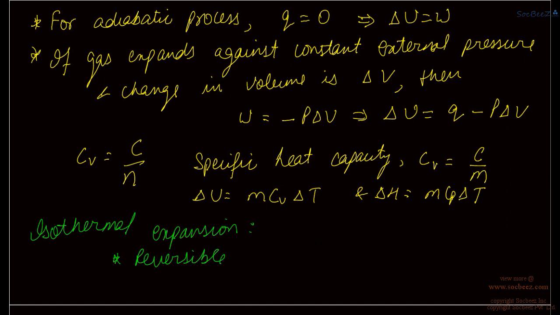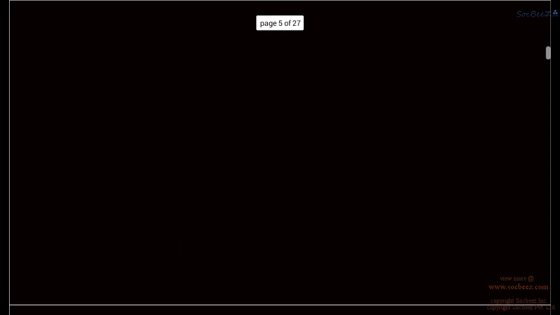So in case of reversible isothermal expansion, work done is minus nRT ln V final upon V initial. Or we can write it as nRT ln P initial upon P final, because using the ideal gas law, if temperature is constant, then pressure is inversely proportional to volume. Now the second case, if the process is irreversible,